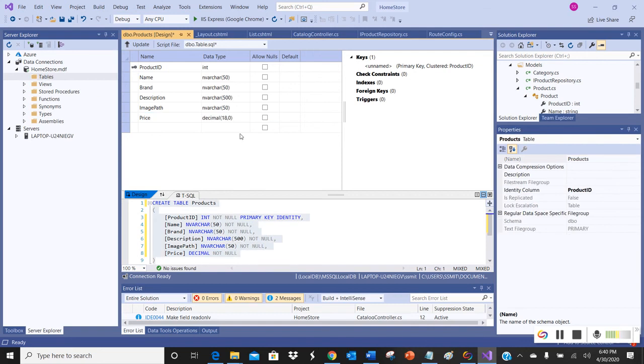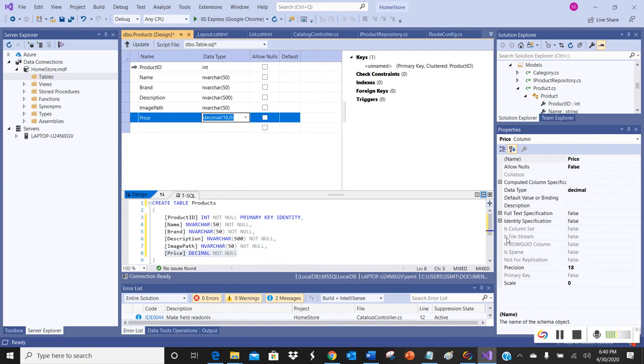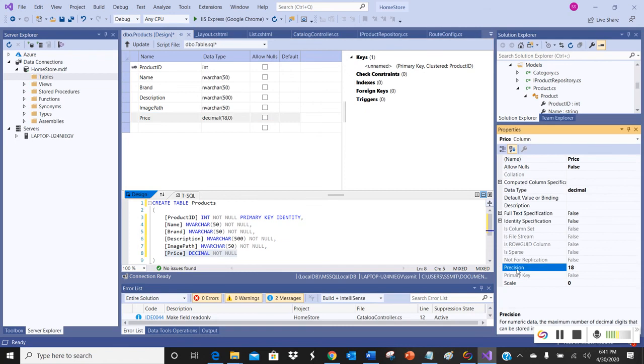You see the 18 and the 0 there. Down here in the properties window, you see the 18. Did I say 18 and 0? 18 and 0. Here's an 18 and here's the 0. 18 is the precision. Now, what does that mean? Well, if you highlight that, it tells you what it is down here. It says,